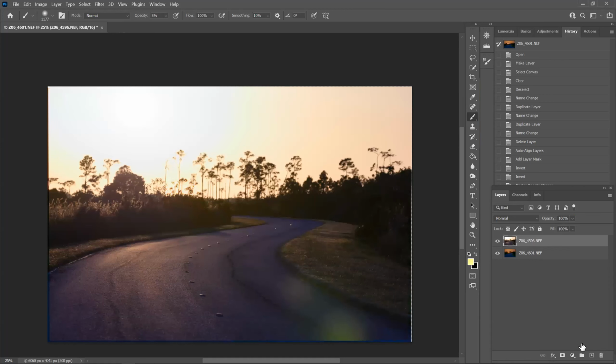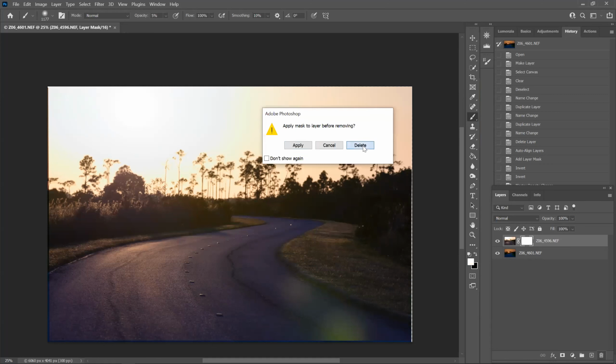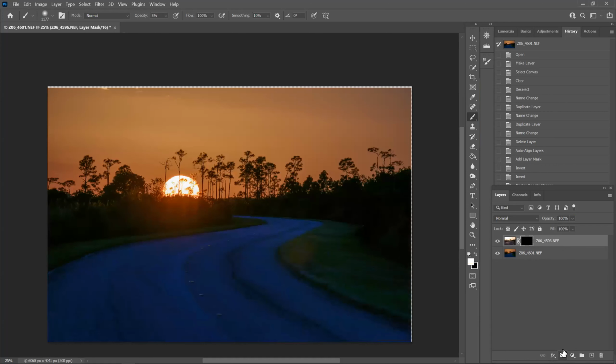Okay, to do a layer mask, it's down here. Nobody calls it this but me: I call it the washing machine, because it looks like a little washing machine with the window. This is at the bottom, the little square with the circle in the middle. That is a layer mask. You can click on it once without touching any keys, and it'll put a white layer mask on it. If you want a shortcut and you want a black mask, I believe you hold the Alt or Option key and then click it, and you've got a black mask.